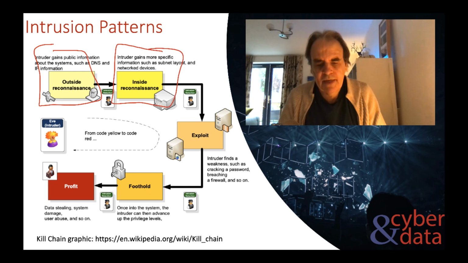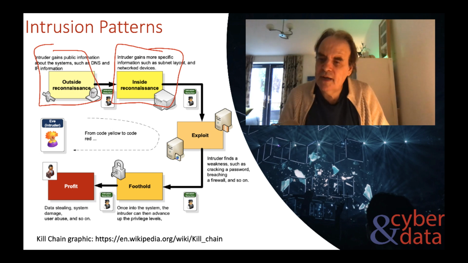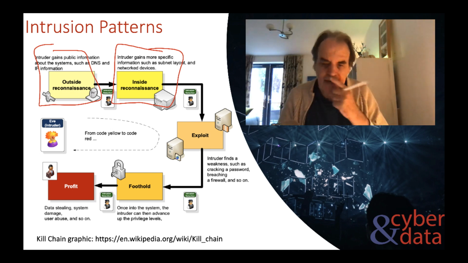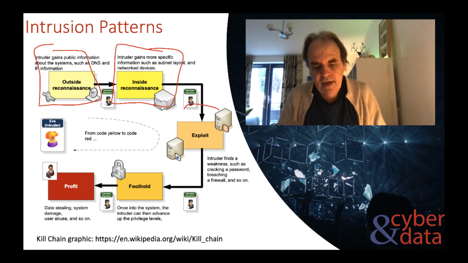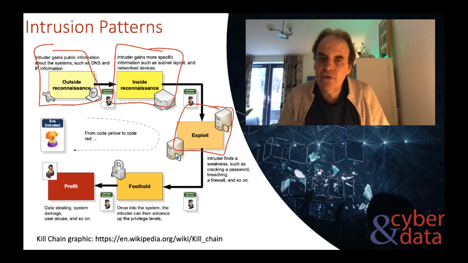Then there might be some inside reconnaissance that would go on, such as discovering open ports, hosts that are enabled, and so on. After that, an intruder may look for an exploit, try to find weak passwords, weaknesses in firewalls,